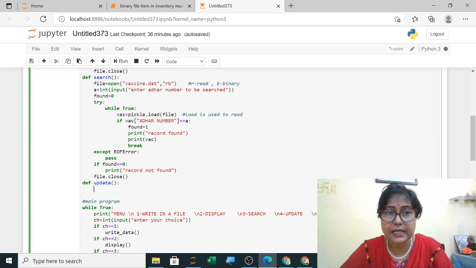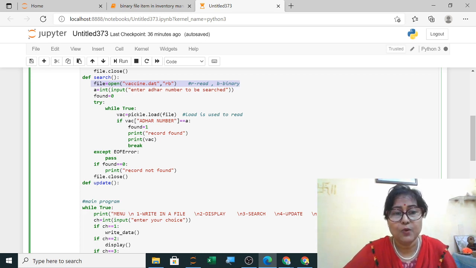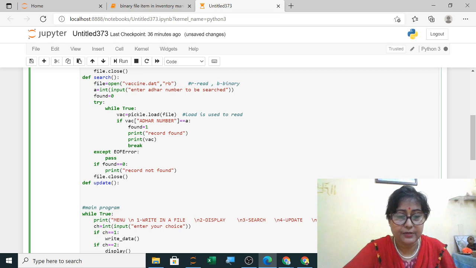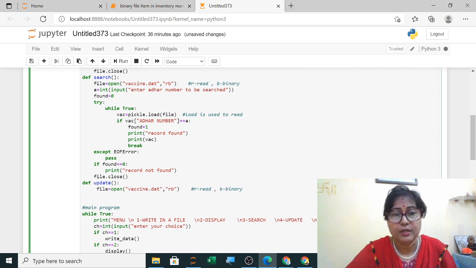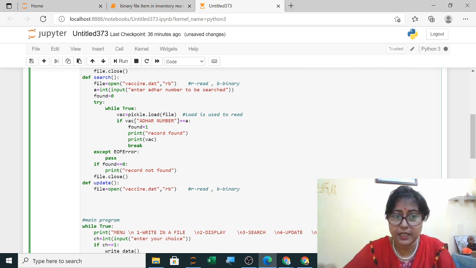So first let me open the file, same method, in read mode. Correct. Now this indentation, whenever it shows an error, you just check it. Otherwise, if there is an indentation error, your program will not get executed.